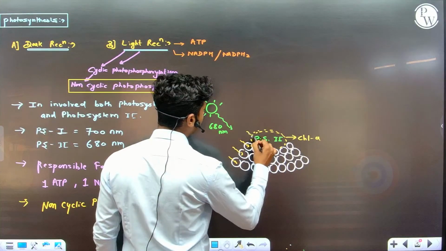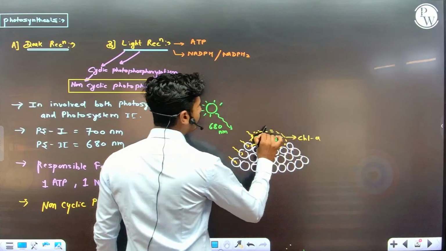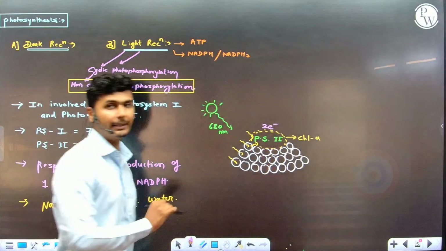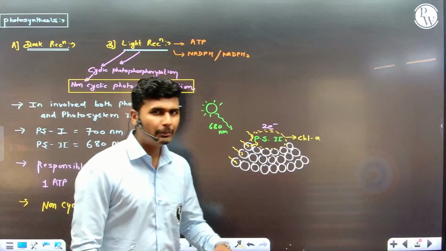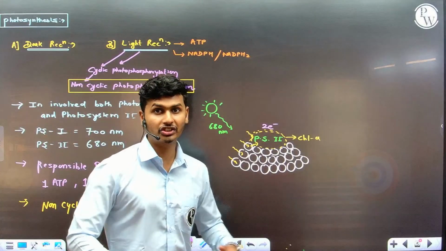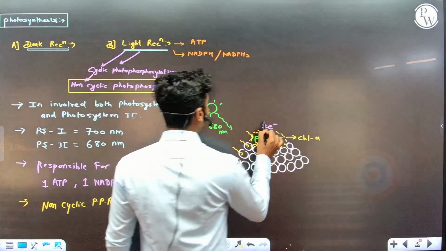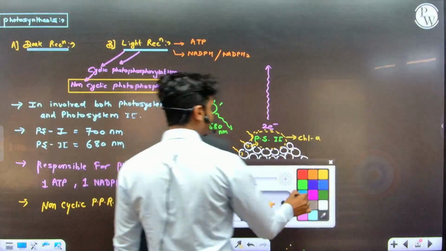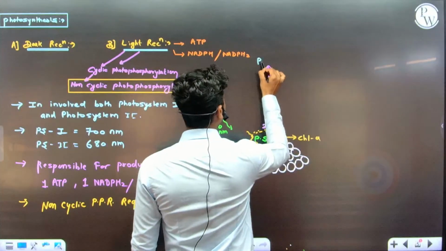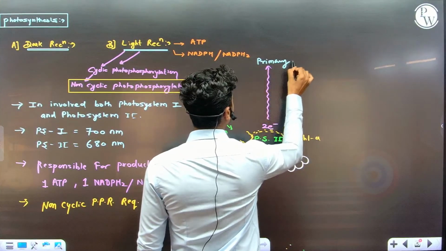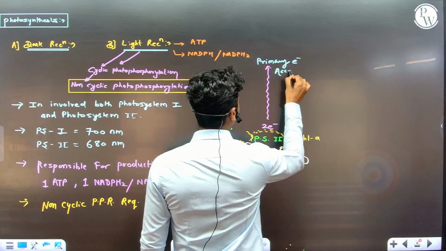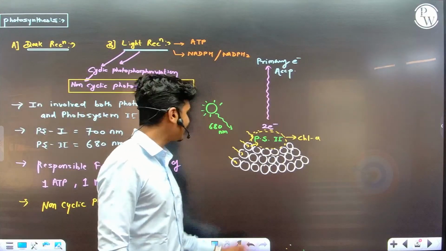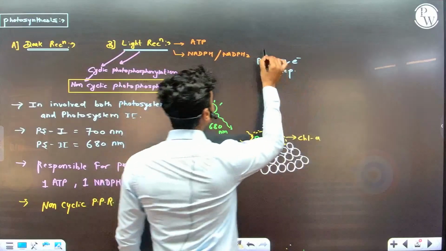So 680 nanometer of sunlight is absorbed by all of the accessory pigments. It is transferred to the PS2 chlorophyll A molecule, and the chlorophyll A molecule has one electron in an orbit. Because of this much energy from sunlight, the electron gets excited, and this electron is accepted by the primary electron acceptor, and the primary electron acceptor for PS2 is